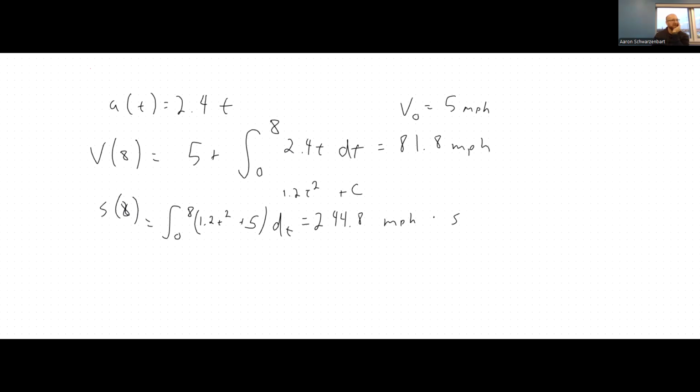So my time, it started with miles per hour per second. Then this becomes miles per hour. So every time I'm multiplying by time, it's miles per hour times seconds. If I want to convert that to a usable unit,